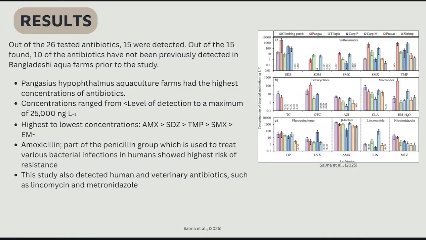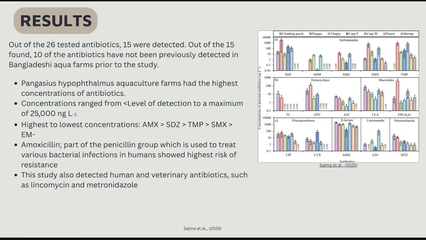Although there isn't a certain set safety limit on antibiotics, since it varies from country to country and from antibiotic to antibiotic, just for example, in the United States, there are certain antibiotics where the limit might be only 15 nanograms per volumetric liter. So that just goes to show how high the number of 25,000 is in this case.